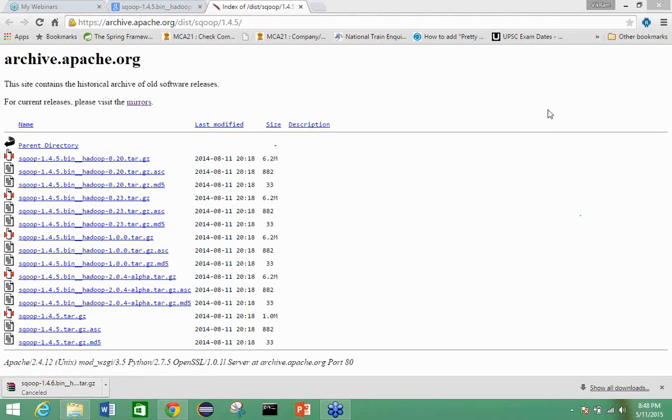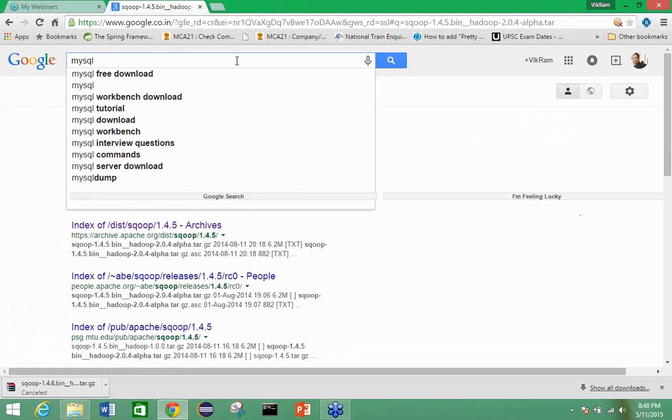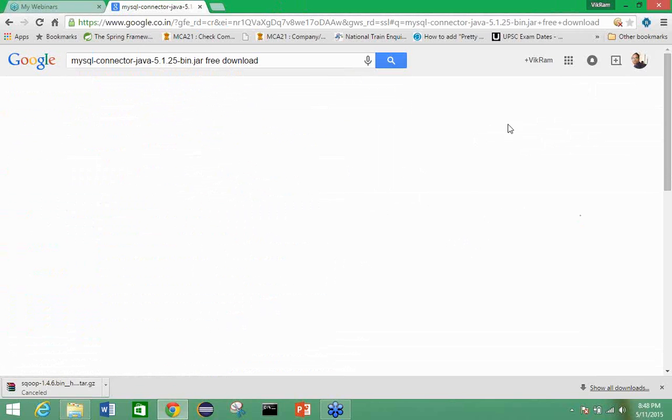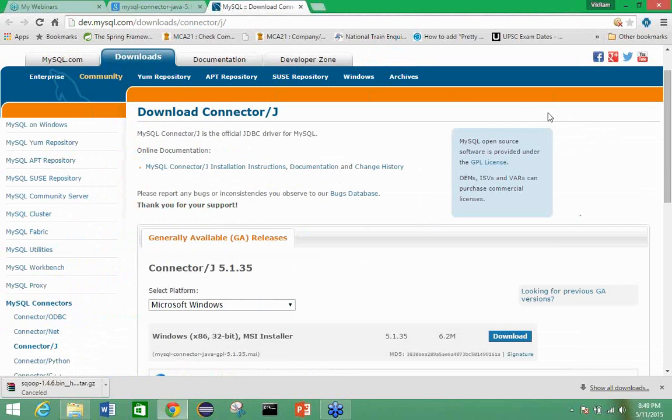Here also we have to set Sqoop home. Once you finish downloading this one, you have to download one more file, that is known as the MySQL connector. MySQL should be there in the Linux environment. Once you type in Google MySQL connector jar, you will get this page, and from this page you have to select Microsoft Windows, not